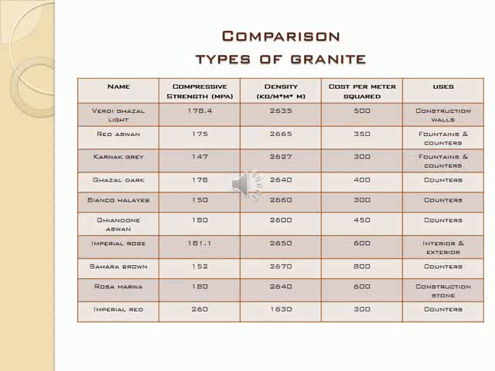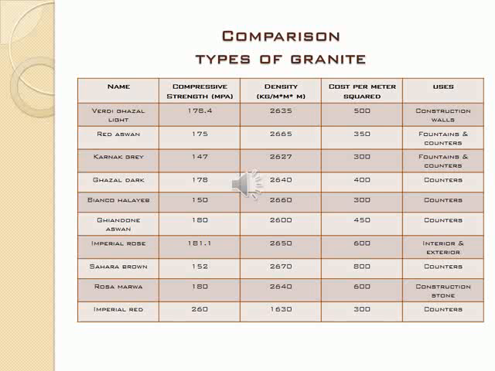We have selected a few granite materials and made a comparison between them. We also have a range of compressive strengths, ranging from the Gandone Aswan, which has a compressive strength of 180. We also have an Imperial Red, which has a compressive strength of 260 megapascals. The lowest we have here is Karna Grey, which has a compressive strength of 147. We also have a wide range of density. For instance, Imperial Red, which has the highest compressive strength, actually has the lowest density of